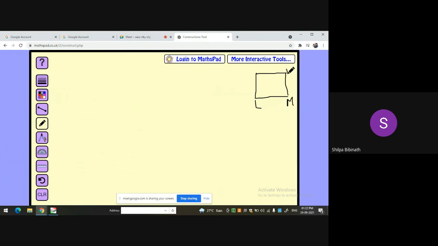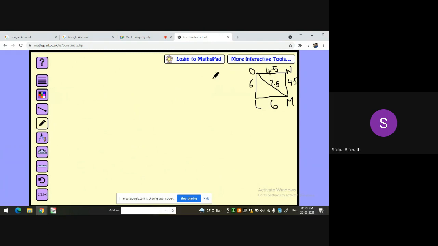Okay, so we'll name it as L, M, N, O. Okay. Now, which measurement is given here? LM is equal to LO. So, these two sides are having same measurement. So, LM is 6 here, LO is 6. Then, ON and NM. ON is 4.5 and NM is also 4.5. Then, what is given? OM. Where is OM? Okay, so OM is here, so that will be the diagonal. So diagonal measurement is how much? 7.5. Okay, let's construct now.